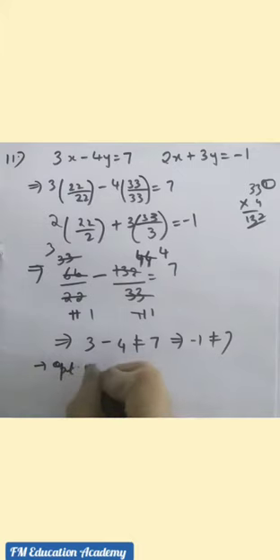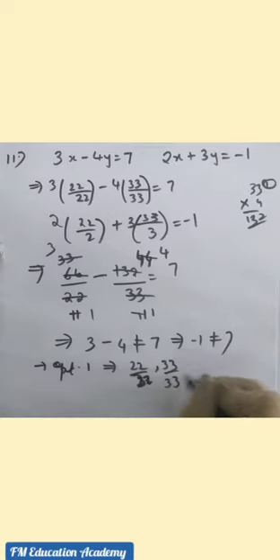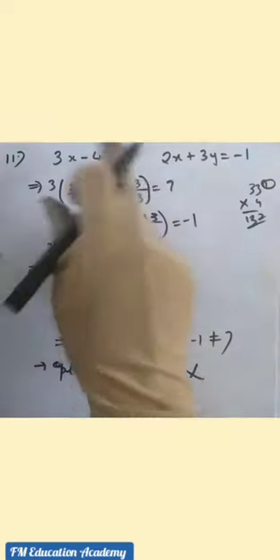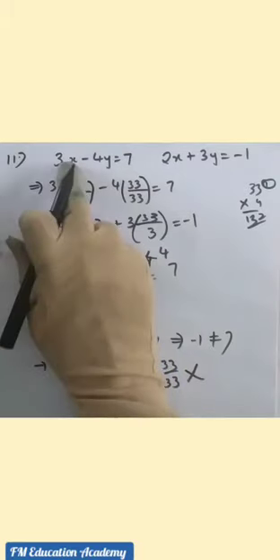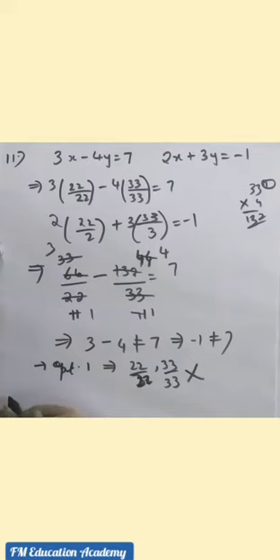That is option 1. We can say that our values 22 by 22 and 33 by 33 are wrong. Why? Because we are getting LHS not equal to RHS here. If they are the solution, whenever we substitute x and y, we should get LHS and RHS as equal, right? Now let us see option 2.